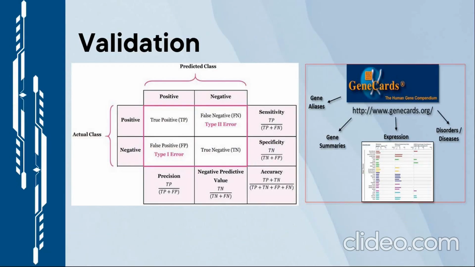Validation. To prove our framework works, it is validated in two ways. First, the confusion matrix. High values on the diagonal mean our BRCA type predictions are accurate and consistent. Low off-diagonal values mean minimal misclassification. Second, GeneCards validation. We check our selected genes against this trusted database to confirm they are linked to real documented cancer biology. Together, that's statistical proof and biological proof, ensuring our results are accurate, reliable, and grounded in science.